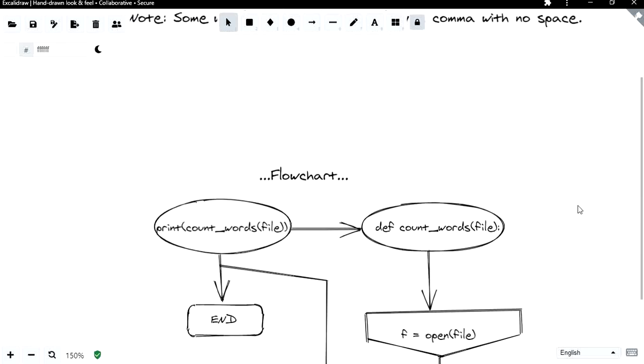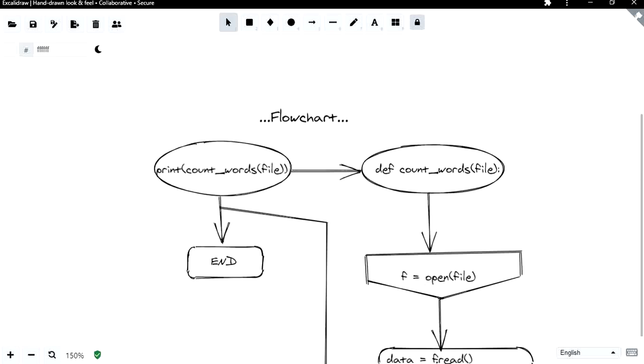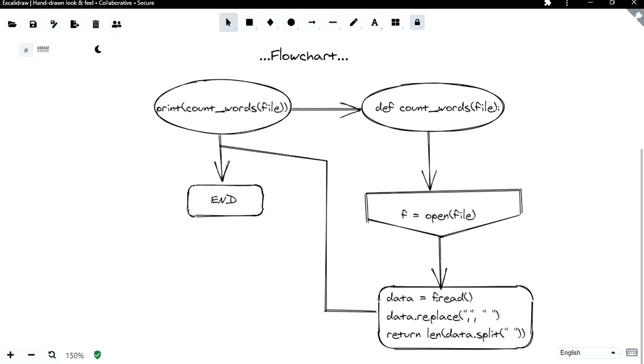We have a function, we are going to open a file with a file object. Then whatever data it reads, we have assigned the variable data to read, whatever the file reads, it's going to get into data. And then, as I said, we need to consider the comma as space.